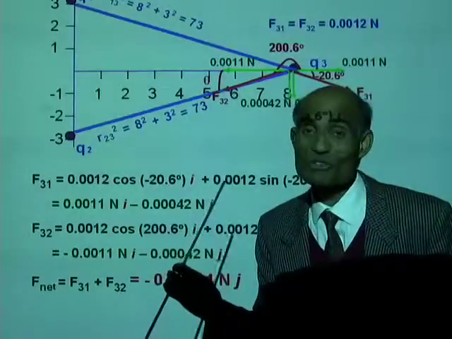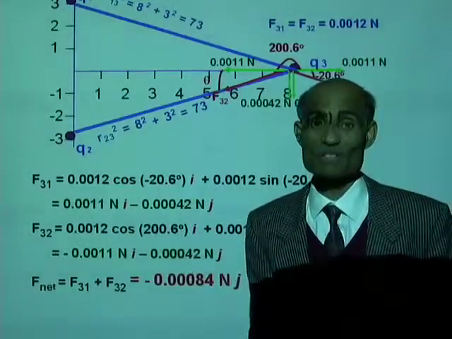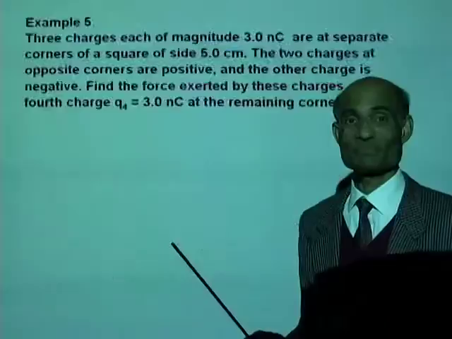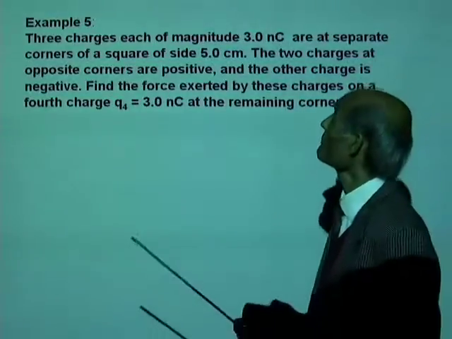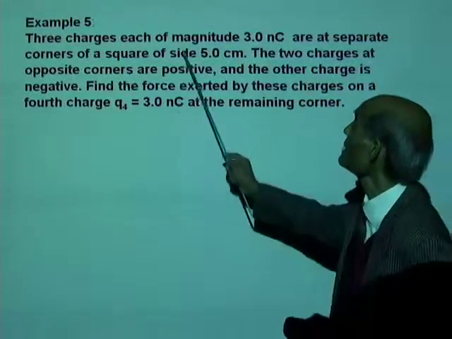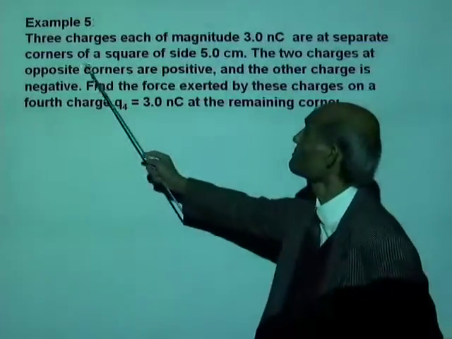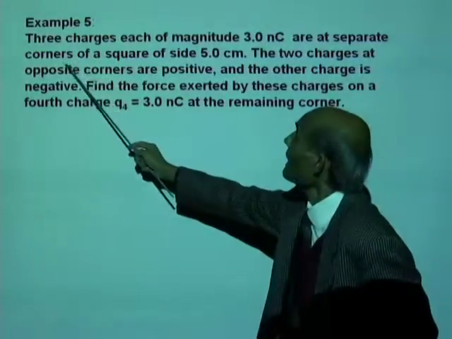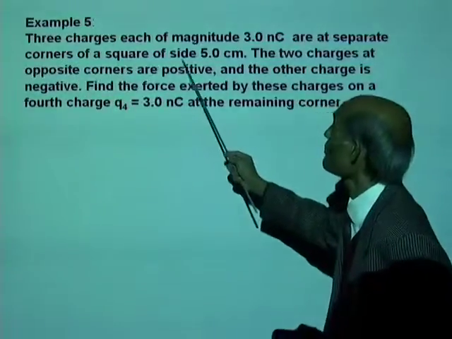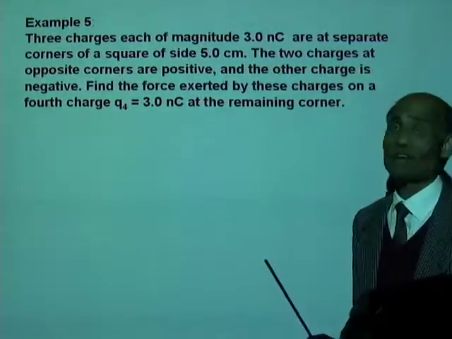I want you to practice this kind of problems. It's a very important type of problems. Another one. 3 charges, each of magnitude 3 nanocoulomb, are placed at separate corners of a square of 5